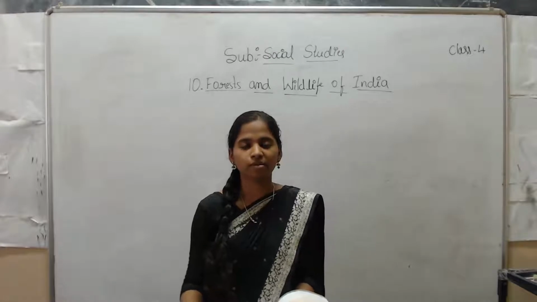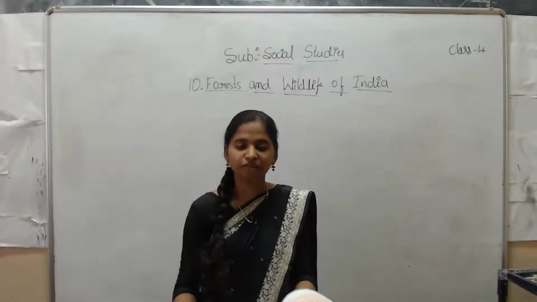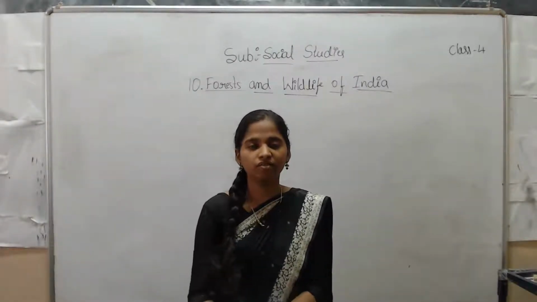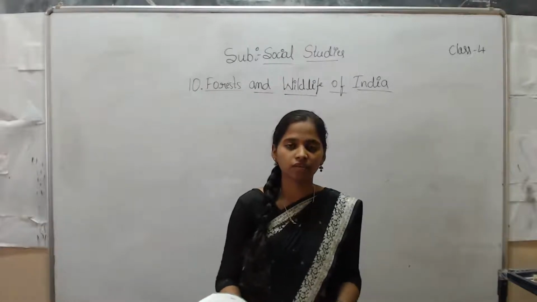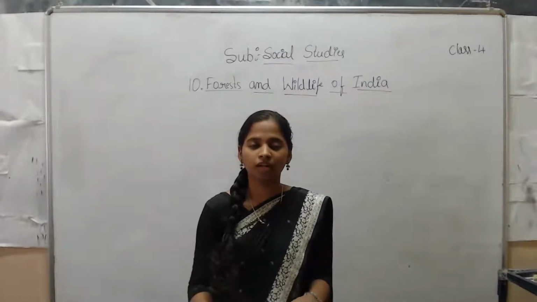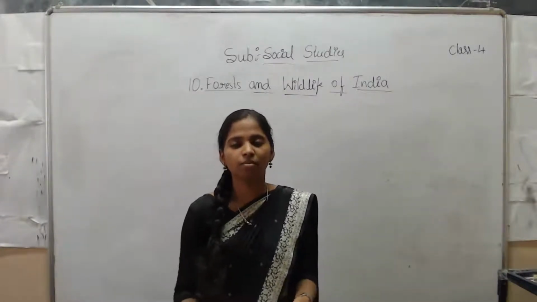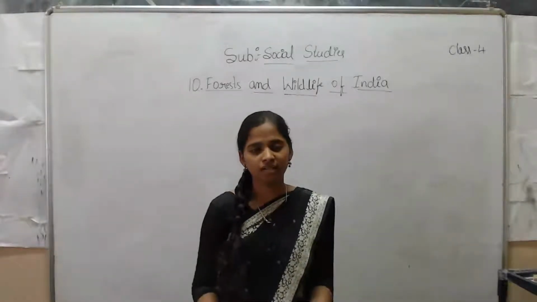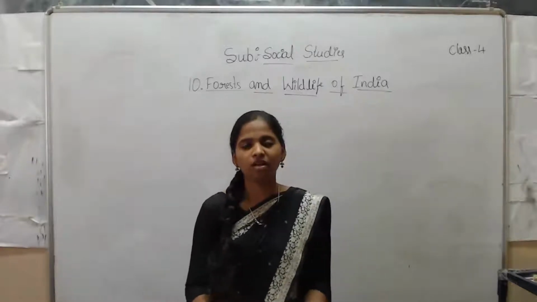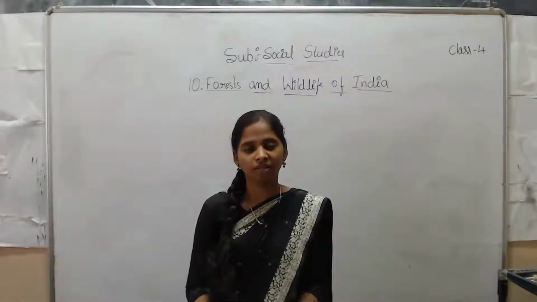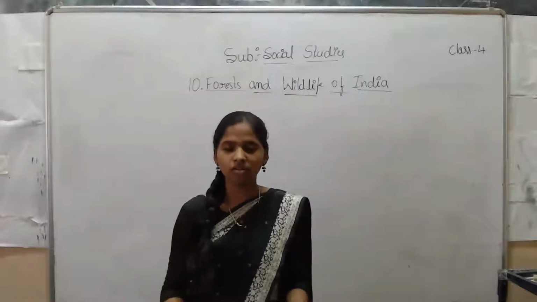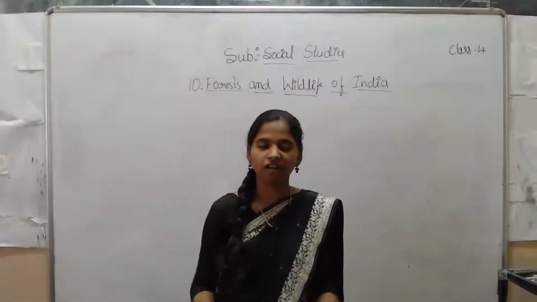Today I'm handling your fourth standard social studies, your 10th chapter, that is forest and wildlife of India. In the previous session we discussed the soils of India, the types of soil and the contents of soil, where you can find those kinds of soil, and what crops can be grown in them. Soil is a renewable resource. Even a renewable resource, we should conserve it and consume it in a very good manner, then only it will be useful to us. That is everything we learned in your previous chapter. So today we are going to learn your 10th chapter, forest and wildlife of India.